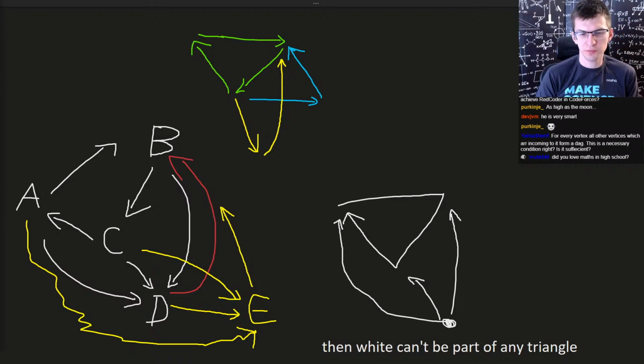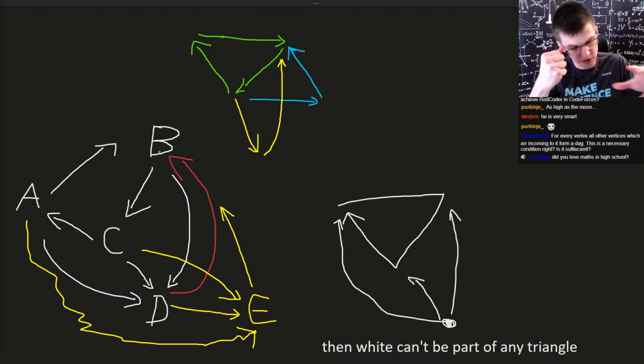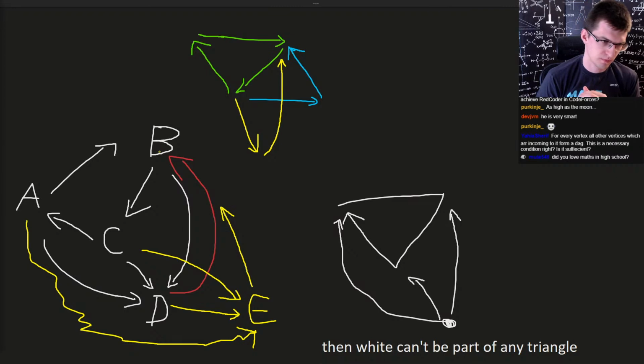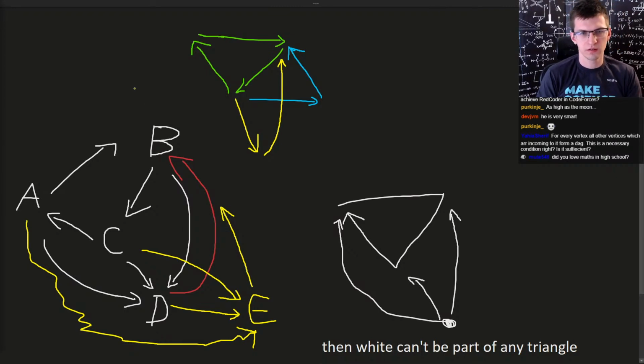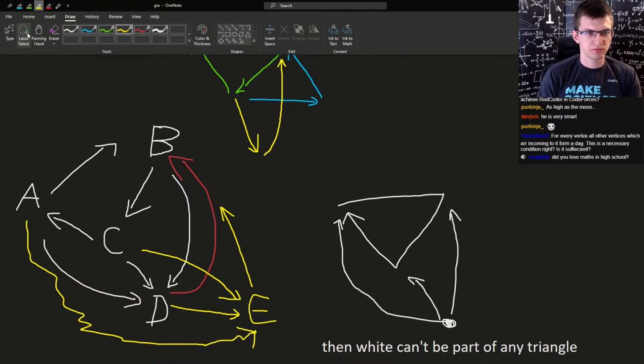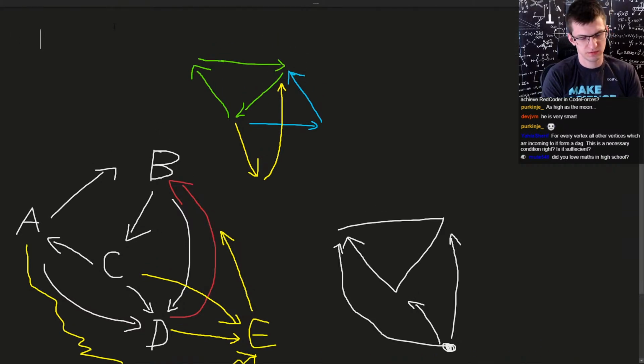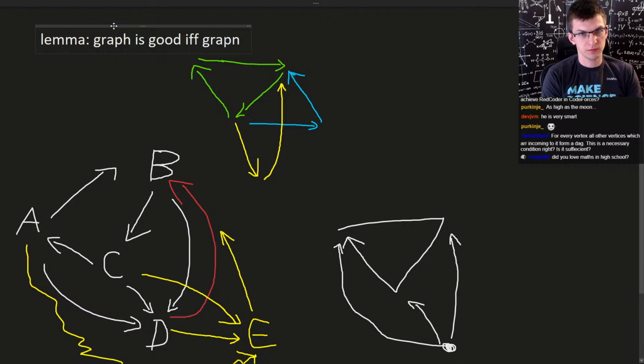Because if there is a forbidden arrangement of vertices, then there is a vertex such that incoming vertices are not a DAG. Okay, that's an interesting observation, lemma, whatever. Graph is good if and only if graph of incoming